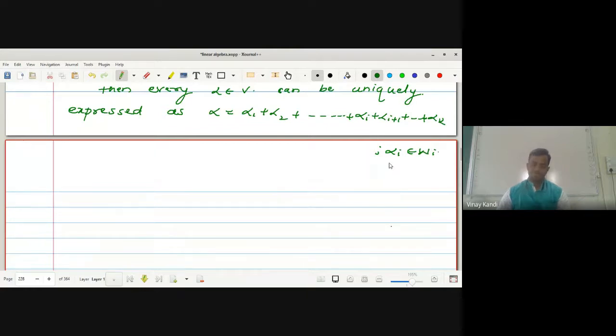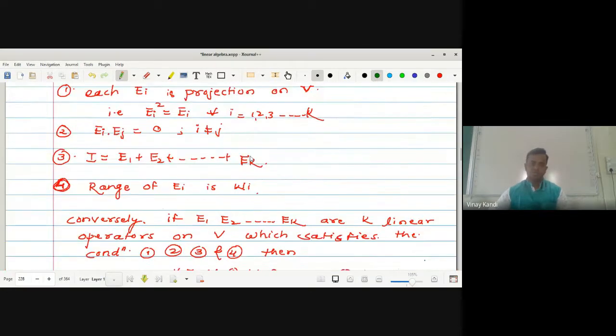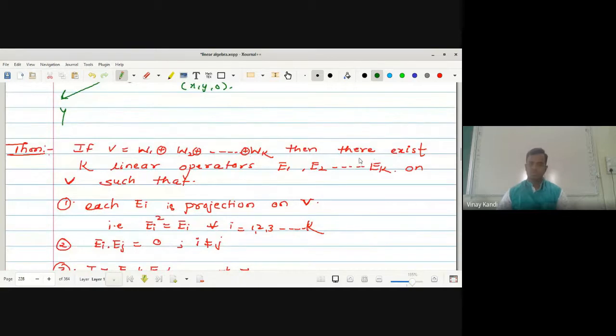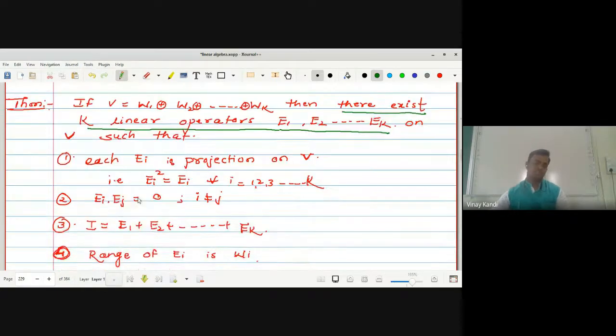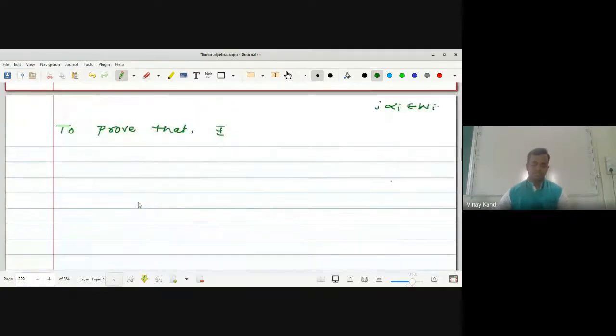Okay, and we have to prove that there exist k linear operators E1, E2. ओके, हे ऑपरेटर एक्झिस्ट होतात दाखवायचं आहे आणि E1 E2 अप टू सो ऑन Ek ऑल Eis आर लिनियर आहे. त्यानंतर हे चार स्टेटमेंट प्रूव्ह. ओके, सो फर्स्ट वी हॅव टू प्रूव्ह दॅट देर एक्झिस्ट k linear operators